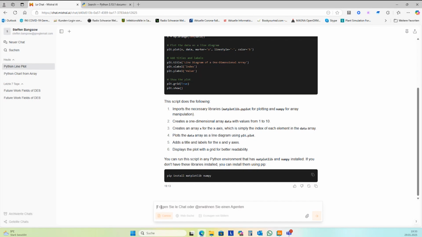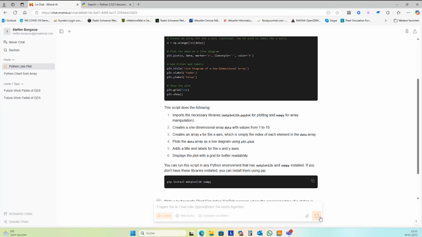And the question is, write a Technomatix Plant Simulation SimTalk program where the processing time of a station is set from data out of a table depending on the name of the movable unit.